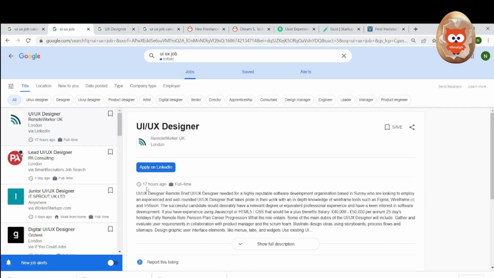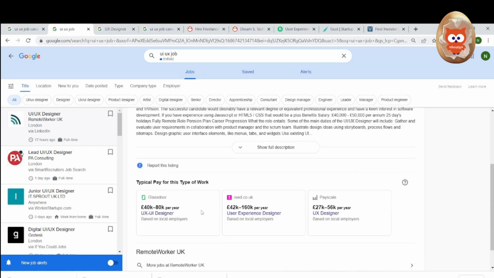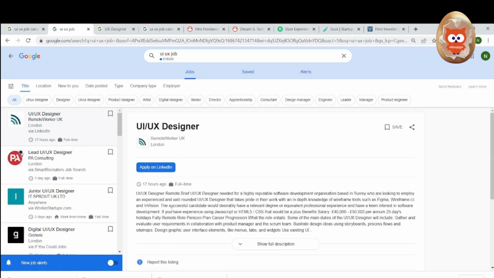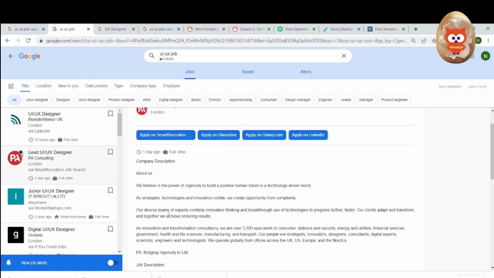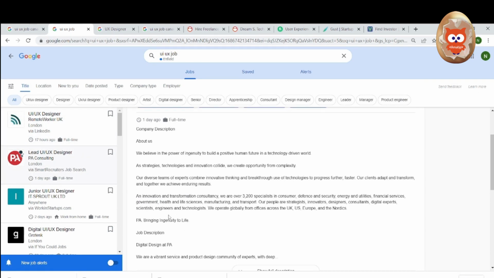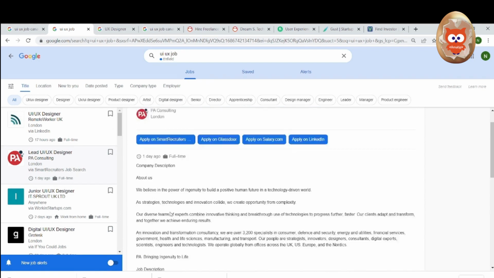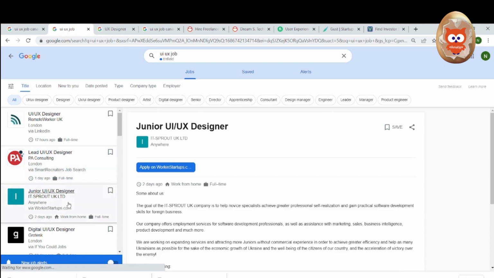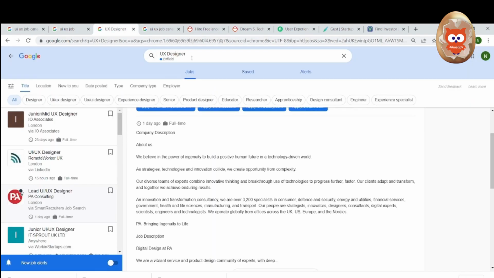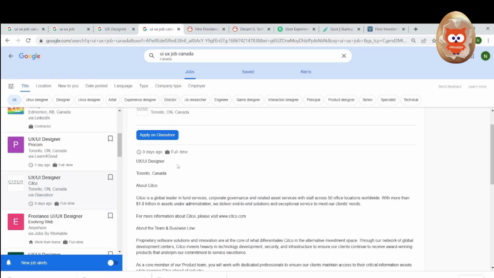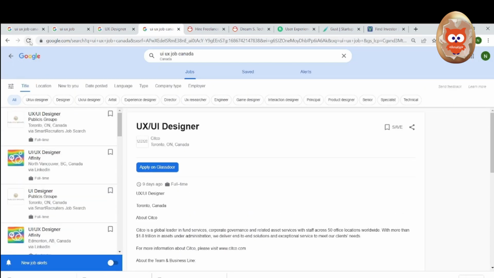They just posted it 17 hours ago, and you can see there is always job opportunity because it is a skill that it is in high demand in tech industry. This is another one days ago. This is another one.